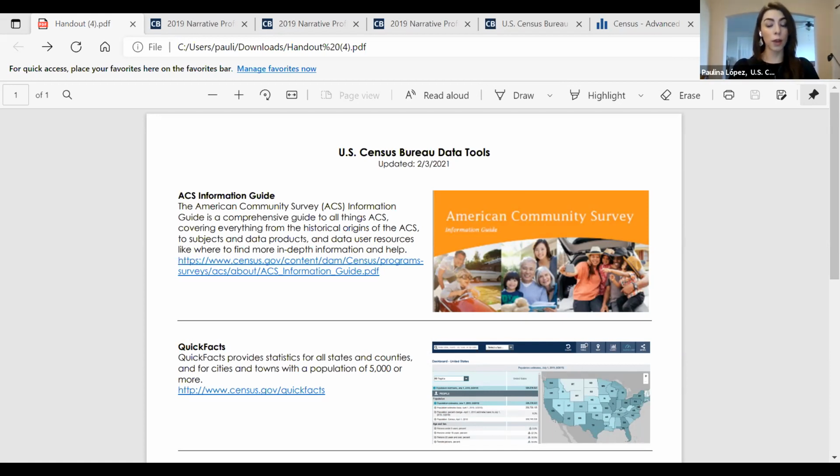So I want to hear from you now if this information was helpful, if you're planning to use the narrative profiles, quick facts, all of that, and if there's someone else who can benefit from this training. We want to be present in your applications. If the Census Bureau can further empower you and help support your efforts, we're happy to help.